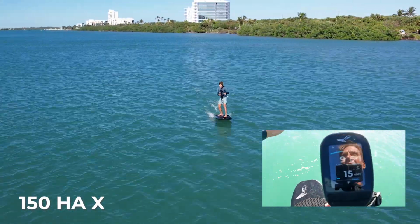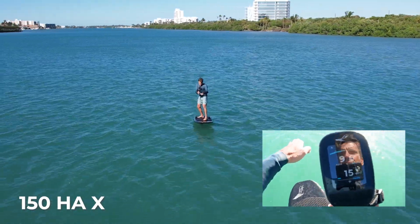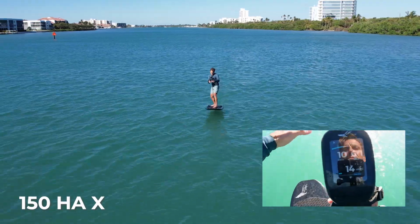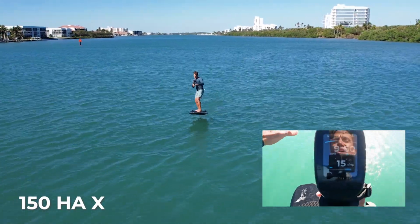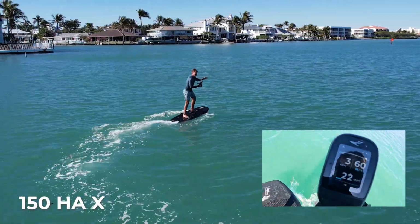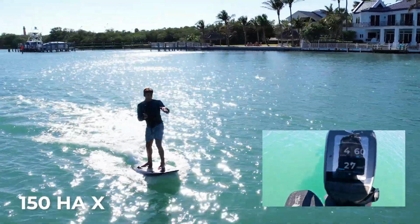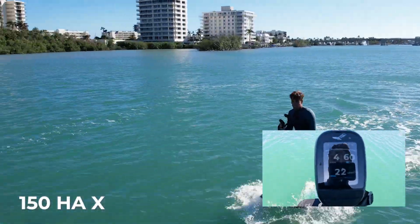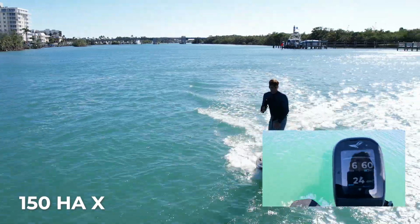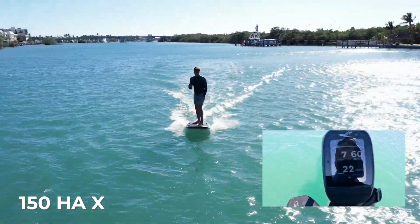I'm covering more ground with the high aspect. It's liking 9. It's liking more 9, but we'll call it I got up at 8. Amps are at 15, pretty low. It's kind of like 7, 8, 9, but I would say it likes 8 or 9, but it's really efficient, really, really efficient. So I would say you're gonna cover a lot of distance with this wing, is what it